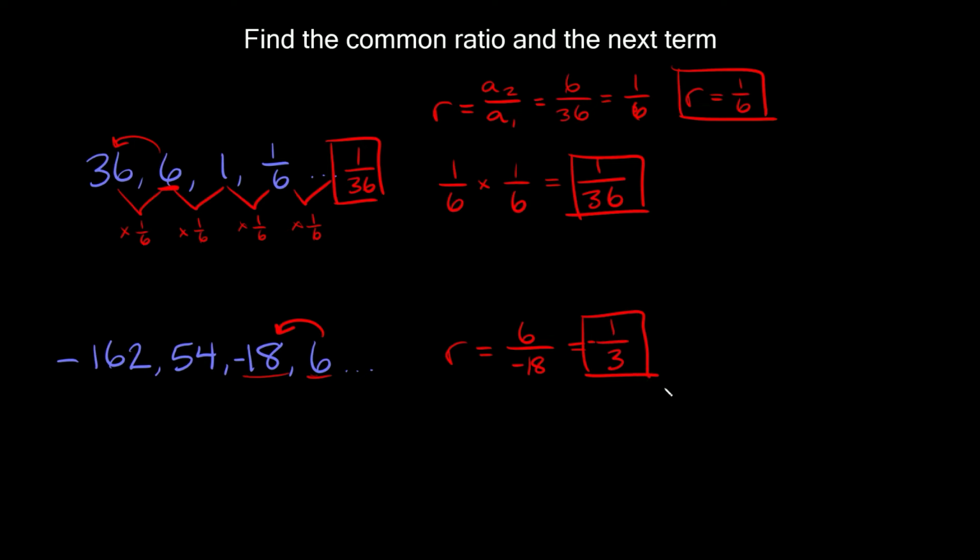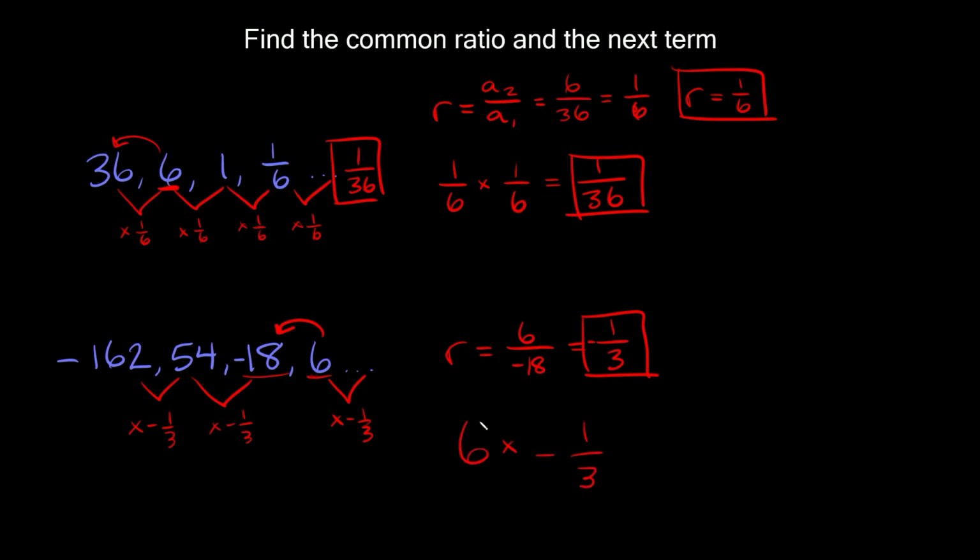-1/3, okay? So again, that just means to get from one number to the next one, we're multiplying by -1/3. So to find the next term over here, we're going to multiply by -1/3. All right, so what is 6 times -1/3? Well, let's do that right here. 6 times